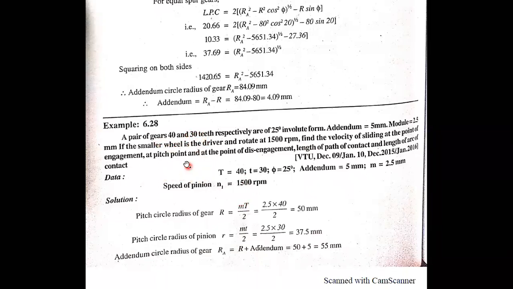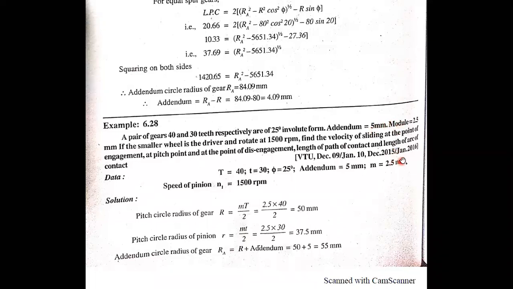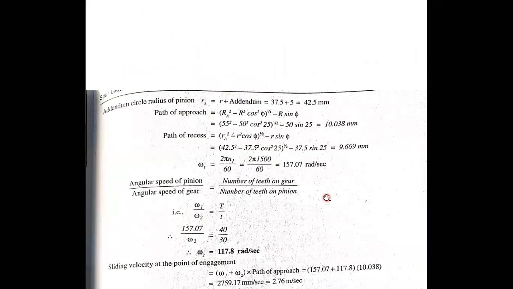Now capital T is 40 given, small t is 30, because as I already told, the smaller number of teeth will always be on the pinion. And phi is given as 25 degrees. Addendum is equal to 5 mm and module is given as 2.5 mm. They also give that the smaller wheel is the driver and rotates at 1500 rpm. The driver will always be the pinion, therefore N1 is 1500 rpm. So we need to find the velocity as well as the length of path of contact and arc of contact. First question: